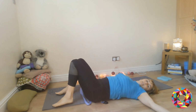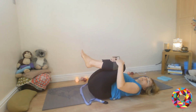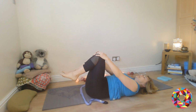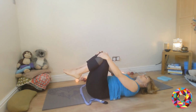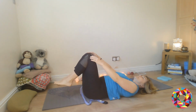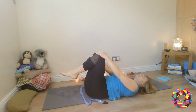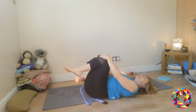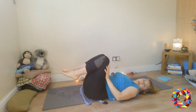And then come back to center. Draw your knees in one more time. These kind of movements are particularly good if you do a lot of sitting or a lot of driving, or if you tend to get very stiff and tight in your lower back. So we've done lots of lovely releasing work with the back. And then from here,